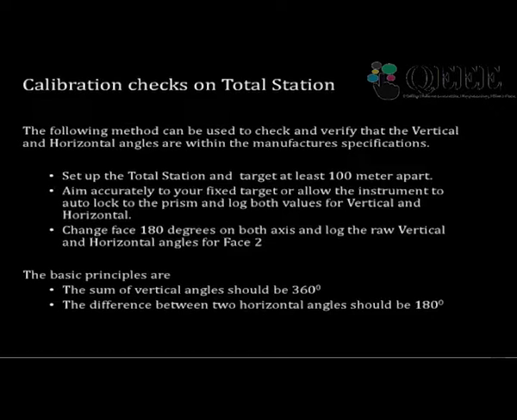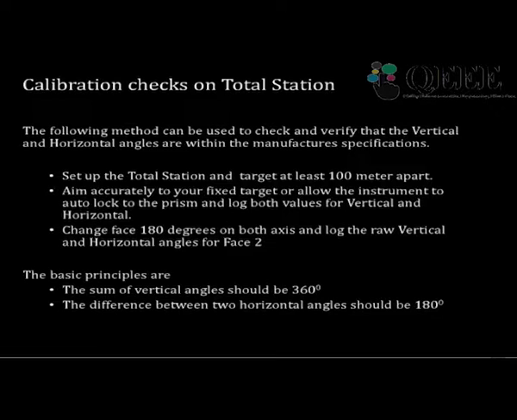It is very important. When you are purchasing a total station, the vendor might have told you that it will give you a horizontal accuracy of plus or minus 3 seconds. Vertical accuracy, meaning the vertical angle accuracy, is like this, and the distance measurement is within 1 centimeter or 2 centimeters. Like this, they might have given you your instrument accuracies. Now how can you say whether the instrument is working fine? We need to do some calibrations. So that's what I am going to discuss now.